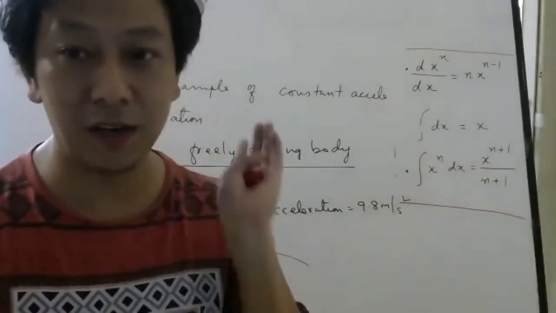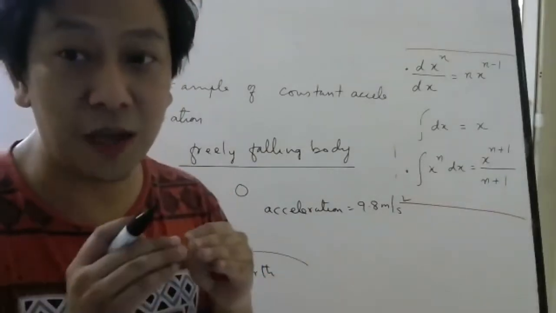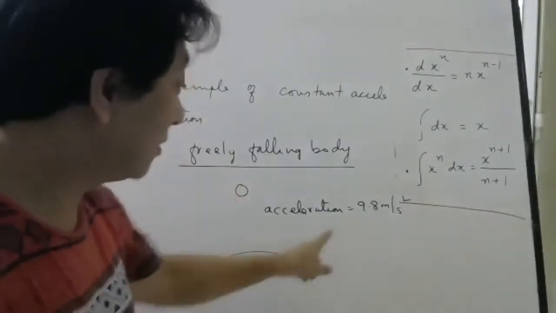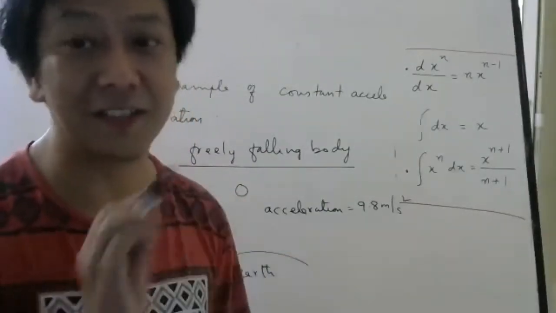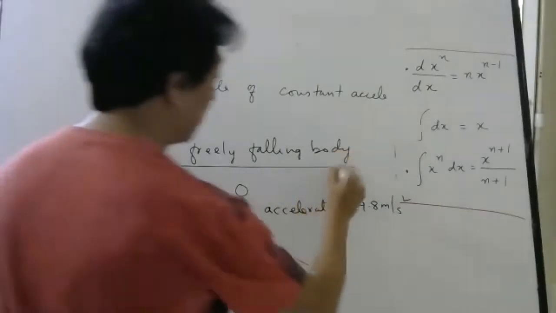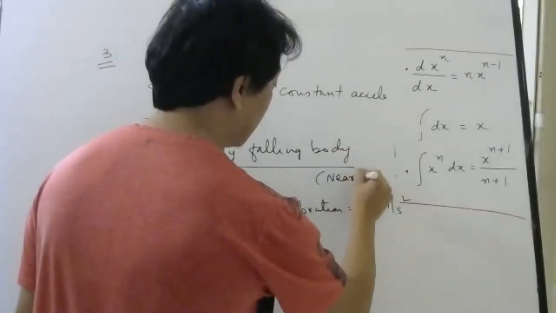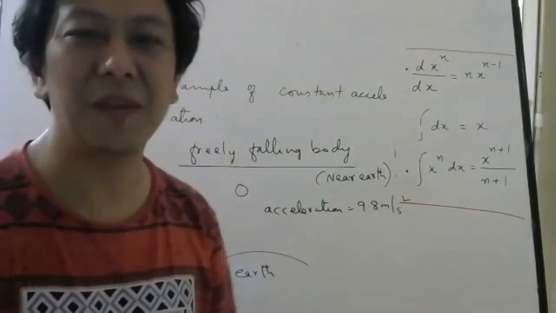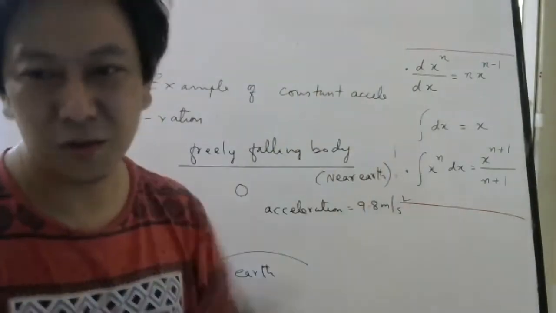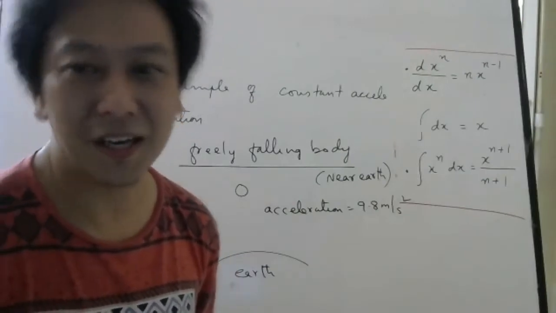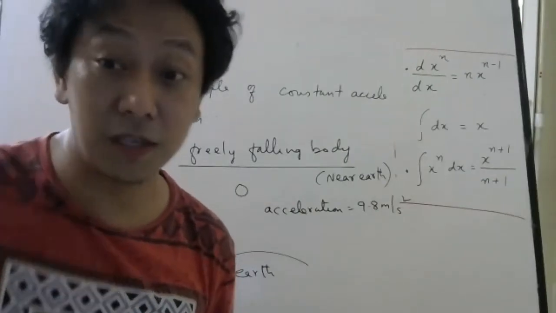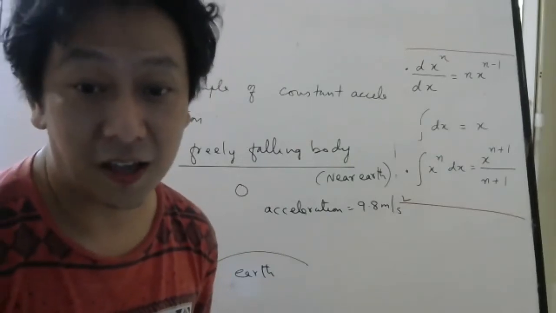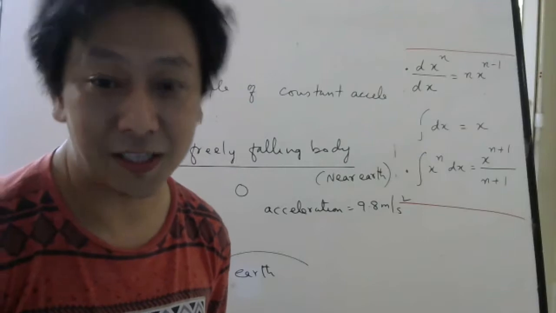But be careful, now only I am telling. This is true only when you are near the earth. If you go very far from the earth, then this acceleration also starts changing. So only near the earth, okay? Near earth means suppose I drop something from 10 meter, 100 meter, those things can be considered near earth. But if it is, let's say, 6,000 kilometer, then please remember the g value will change. Acceleration due to gravity will change.